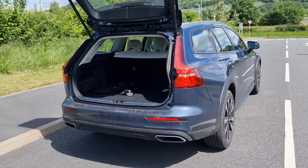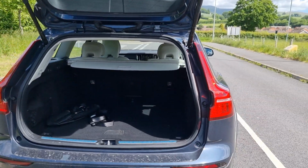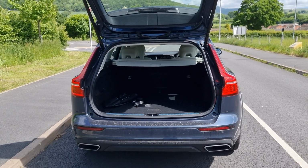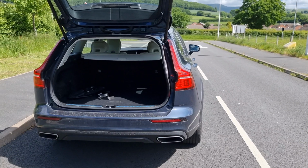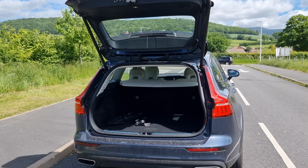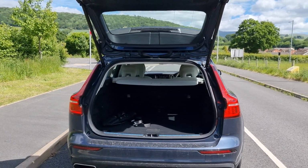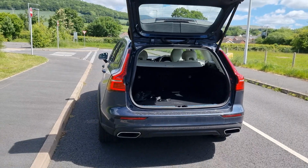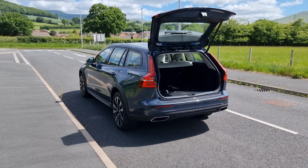It's just brilliant. Now, I showed you with the seats down. You can lie down in that. Like I said, I'm 6 foot and a bit, and you can quite easily lie down flat. So you could camp in this car if you wanted to. If you had a roof box on, you could put all your stuff up there, camp in the car, and actually you'd be perfectly comfortable. You can preheat the cabin as well, so overnight you can keep it warm. For those sort of adventurous folk out there,